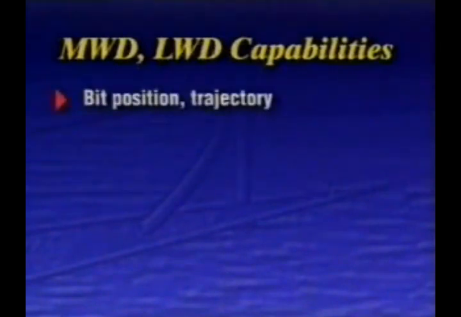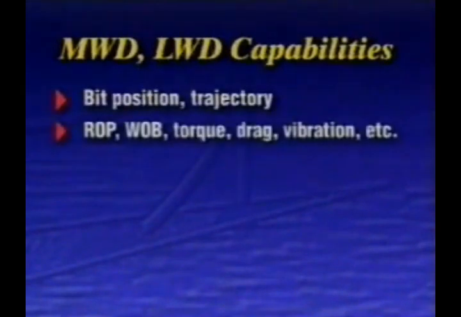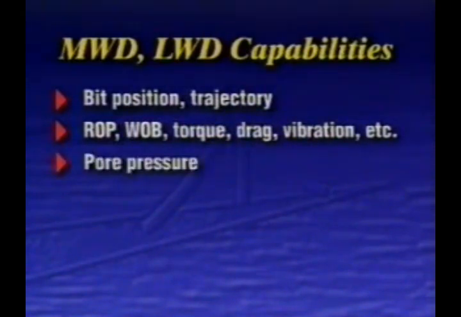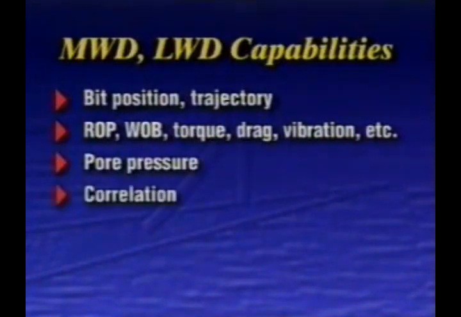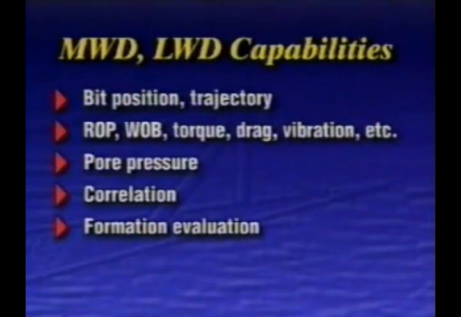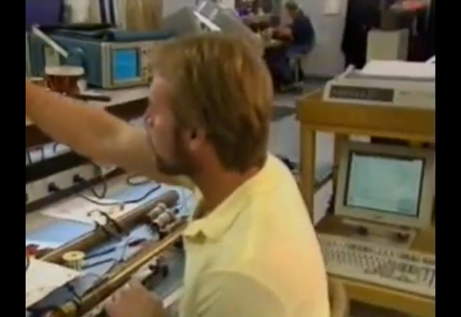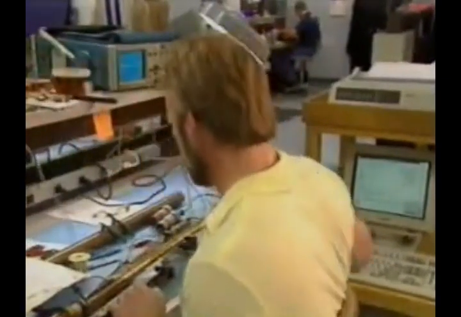Examples of what we can now do continuously and in real time include measuring drill bit position and trajectory, monitoring penetration rate, actual weight on bit, downhole torque and drag, vibration and other drilling parameters, computing pore pressures and getting an early warning of potential overpressured zones, detecting and correlating geologic markers and formation tops, and evaluating formations even as they're being drilled. These systems are modular and can be run with various sensor combinations according to the well plan